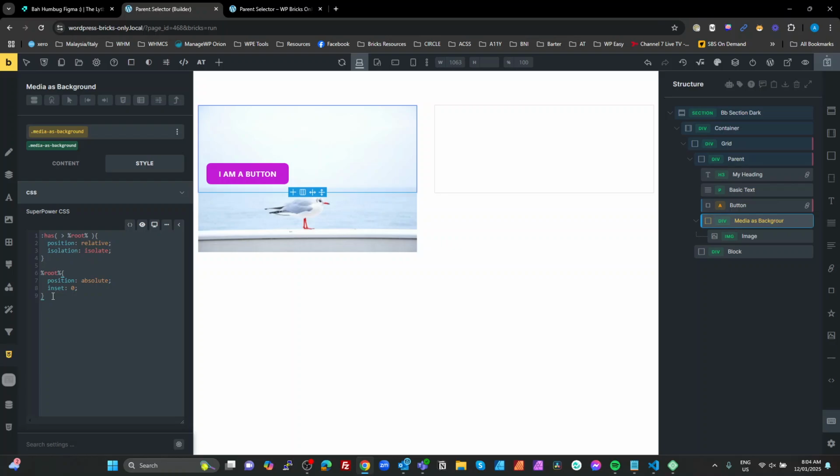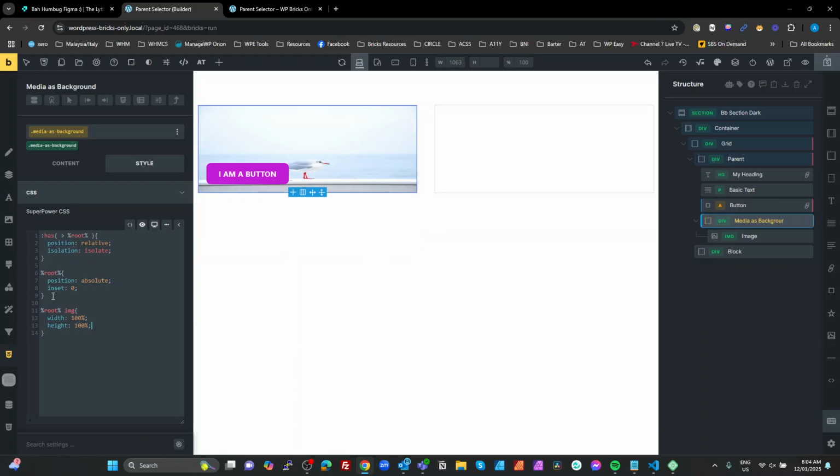So let's target the image. So we're going to root. I'm going to target the image. This is going to get tricky if we have a media grid. I'm just going to do it quickly here. And we're going to set the width to 100%, height to 100%. So it fits in there, and see how it's squashed. We're going to set the object fit now. See how it just squashed the image, and you see the seagulls all squashed up. So I'm going to set our object fit